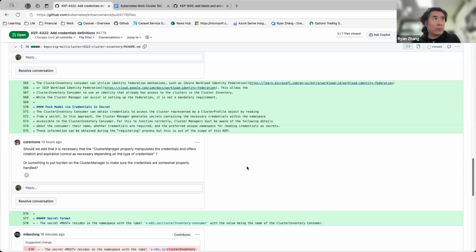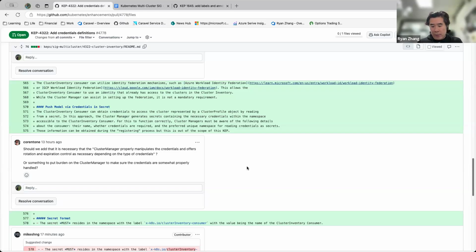And there's a cloud provider, there's a cluster manager that is responsible for that. How those secrets magically appear there is not part of this cap. As we discussed in the last call, I think we might start another cap on how this magic happens. Basically, the consumers somehow need to register with the cluster manager, telling them who am I, what do I need, what are the basic credentials or RBACs I need on those clusters, what cluster I need. And there are other things we haven't spelled out yet, but those are not part of this cap.